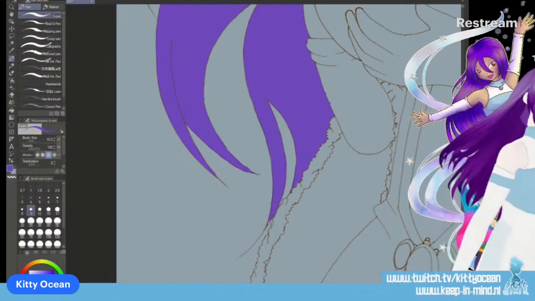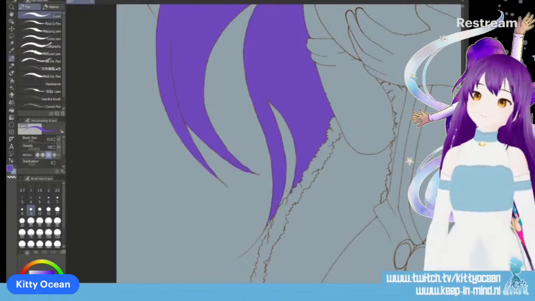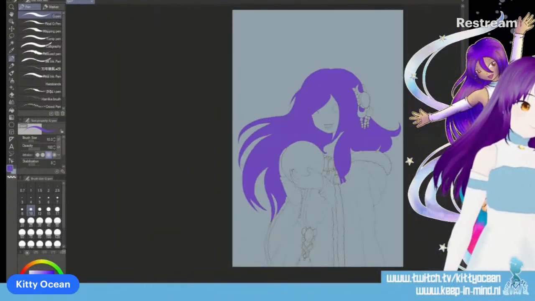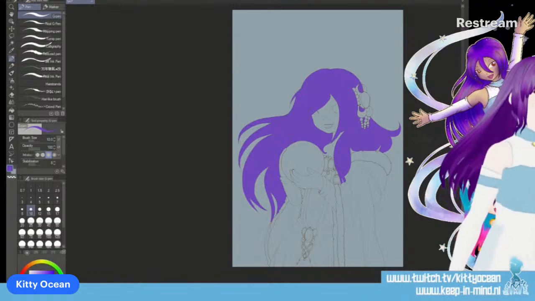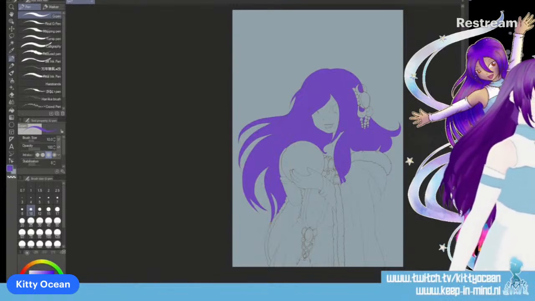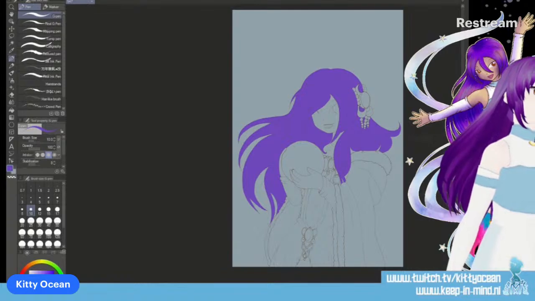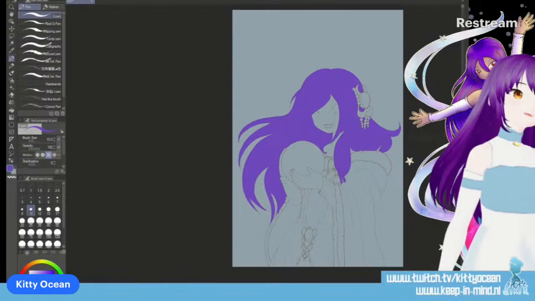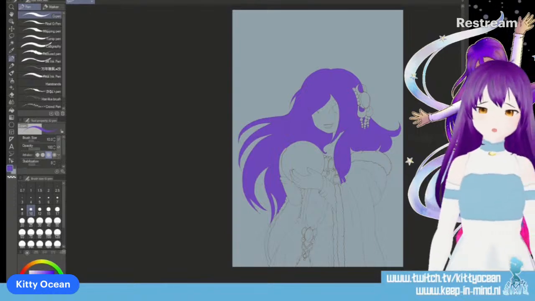Okay, I think this is all the hair. And I'm going to get a new clip layer.